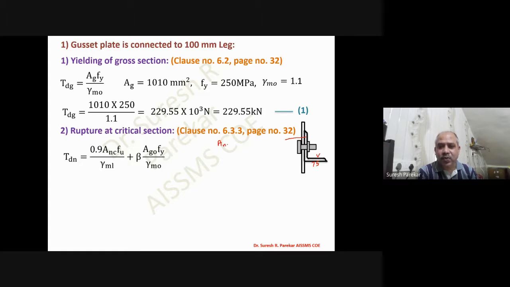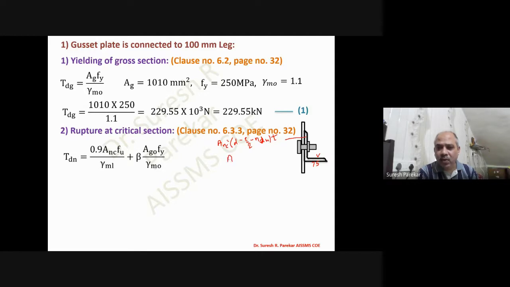This is equal to, if I consider this as D, then I get D minus T by 2, minus N DH. Here N is not the number of bolts, but the number of rows of the bolts. So this will be N into DH, and the whole into T. Keep in mind, N is not the number of bolts, it is the number of rows of bolts, and we have only one over here.